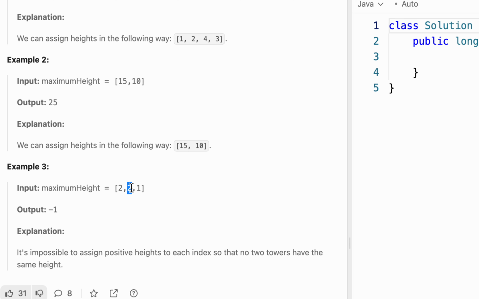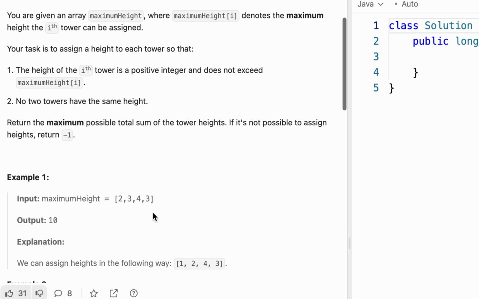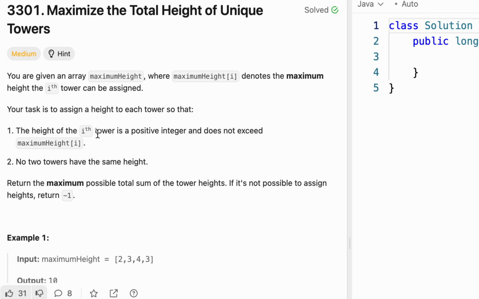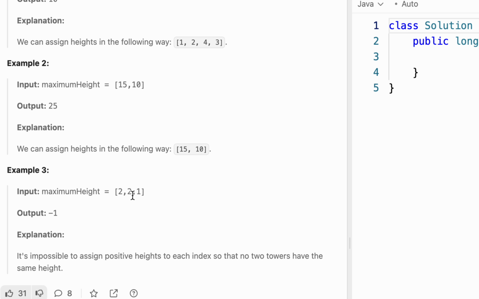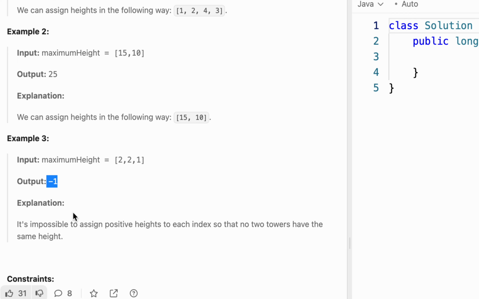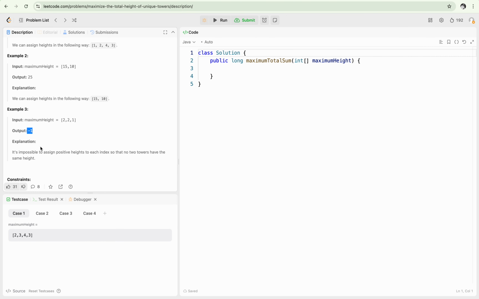So we can put 1 over here, but then once we cannot put any 0 over, because we are restricted by the problem statement that we should use only positive integers. And if it is not possible to assign positive integers, we can return -1. So in this case, after assigning 2 1, and once we start going to assign 0, at that time we'll be returning -1, and the output itself is telling we have to return -1 here. So with this example, I hope it is clear to us how we are going to